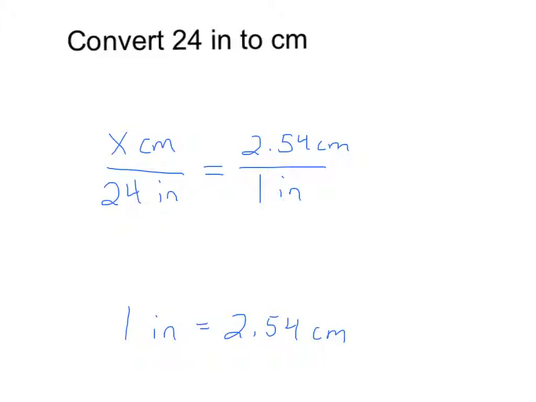To finish solving this problem, we're going to cross multiply and divide. What I normally do is just start with the number that you started with, which is the 24 inches. And then just draw a long line for the diagonal, and then divide by whatever is on the other diagonal. So we'd have 24 times 2.54 divided by whatever is on the other diagonal, and that comes out to be equal to 60.96